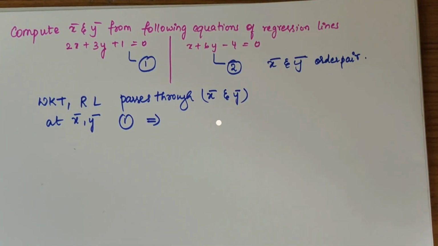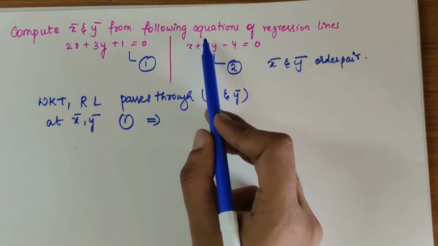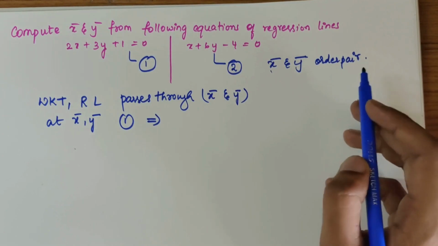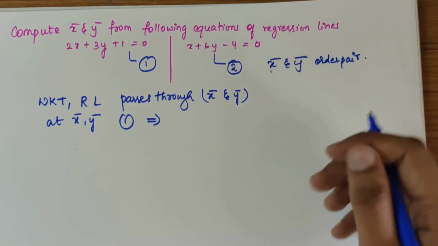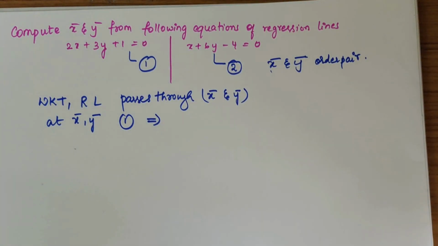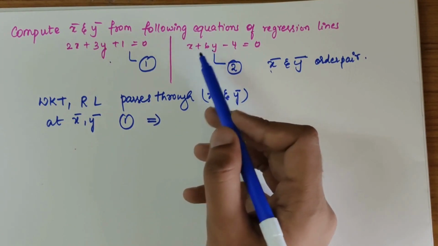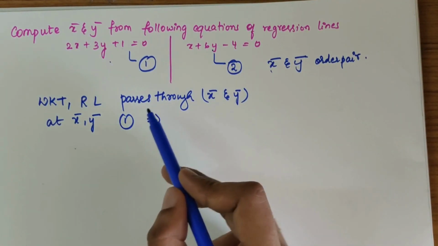This video will be computing x bar and y bar from the following equations of regression lines. So these two are the equations given, and firstly, x bar and y bar are a set of ordered pairs. So x bar and y bar are 2 points through which the regression lines pass. So firstly, considering this as equation 1 and this as equation 2, we know that the regression line passes through x